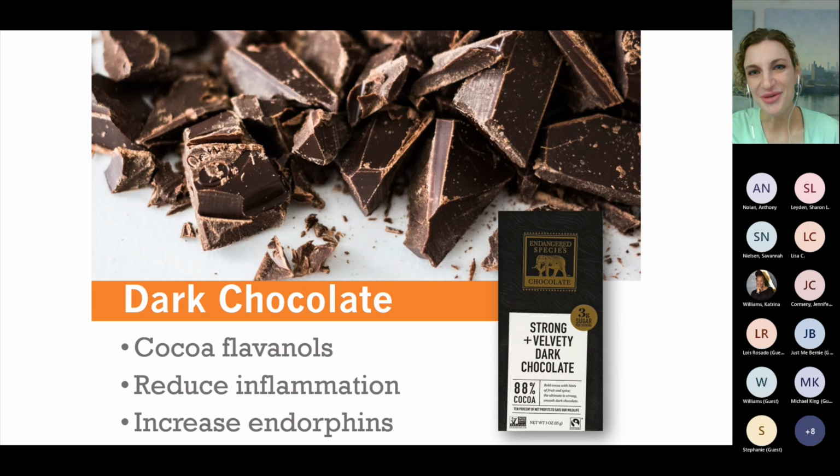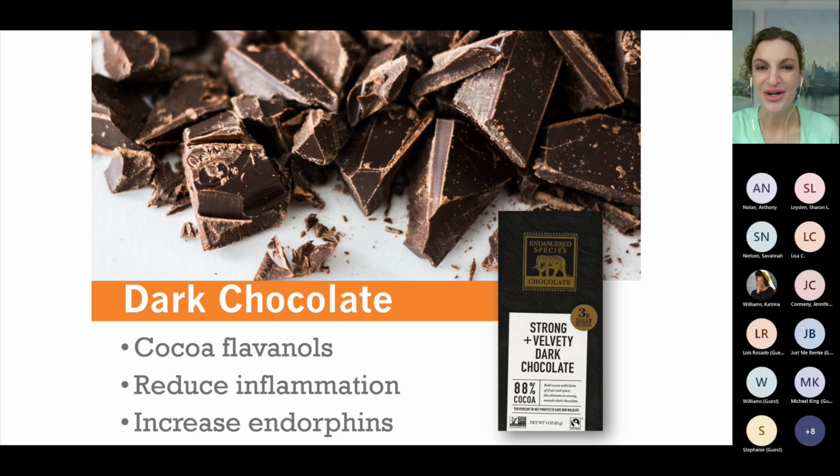All right. And of course, we know we have to talk about some treats, right? Do we have any chocolate fans? I'm sure we do. I'm a fan of chocolate as well. And so there's Jennifer, yeah, you summed it up. Yes. So dark chocolate, not only can it satisfy your taste buds, but also can help reduce stress and help with your mood and boost your memory, lower inflammation, and your immune health. And of course, we know that chronic inflammation can impact our brain health and be linked to depression. So a little square of chocolate is just fine.